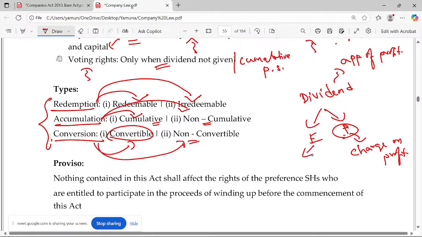Here, for equity shares, it's not a must. Only the board of directors can recommend; it's only in the hands of the board of directors. For an interim dividend, the directors can directly pay. For the final dividend, they can recommend, so that in the balance sheet you get it as proposed dividend. You might have seen this term, right? Proposed dividend in the balance sheet.